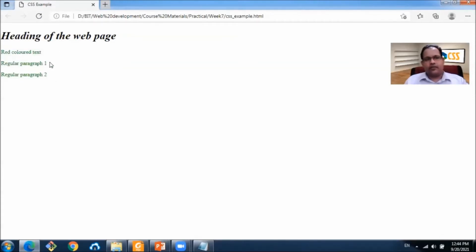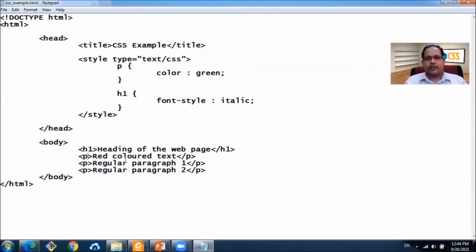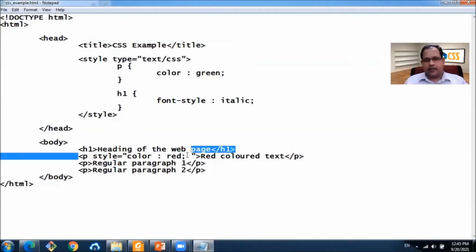Let's say we want to change the first paragraph to another color, but all other paragraphs should be the same color defined at the top. For that function, we can use the inline styles. Let's make red here. Only the first paragraph has this red color style. Save it.